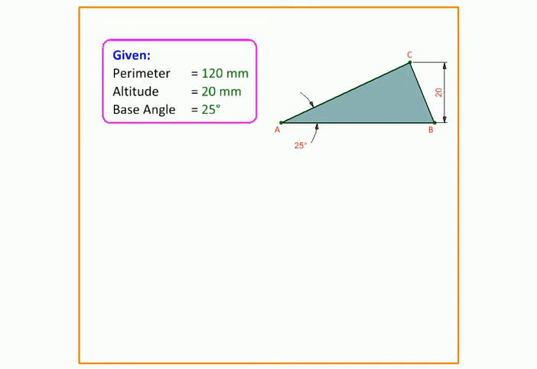So let's see how to solve this one. First we are going to plot the vertex A, and we can also plot the direction of the base and the direction of this side AC. So in other words, these are the two loci of points B and C respectively, and of course they'll be making the given angle 25 between them.